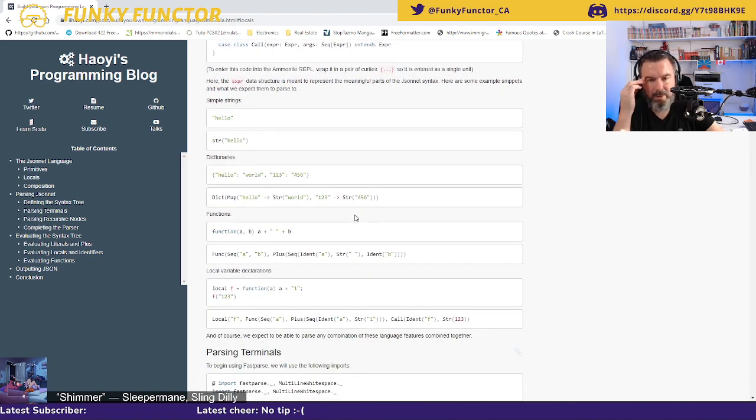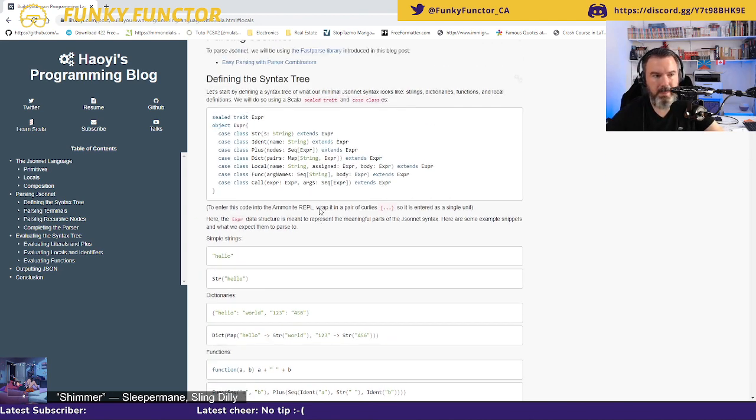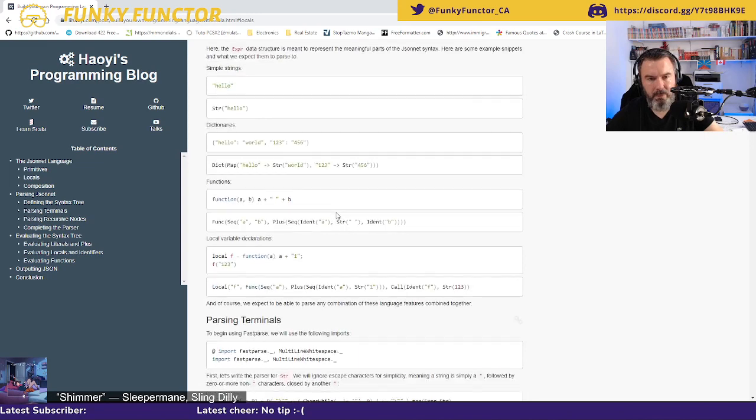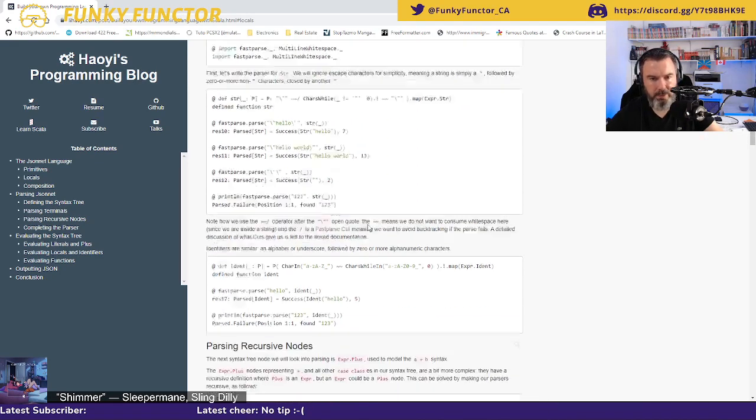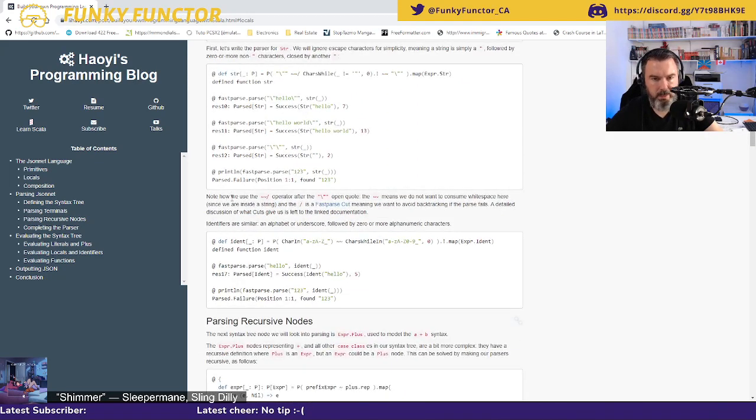So right now I am trying to remember. So parsing terminals, okay. Note how we use the tilde tilde forward slash operator after the double quote, open quote.